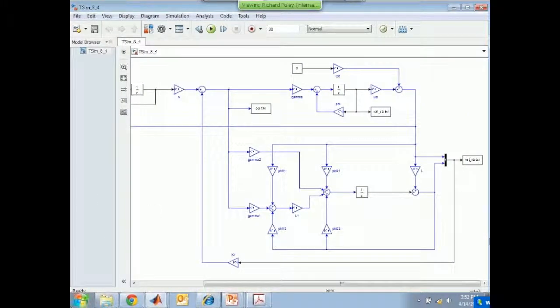Okay, here's the estimator part of it. It's the part we've designed. And you can see that the output of this is a scalar quantity, so that's going to stay as a thin line. And when we take the estimated states back into the workspace, that'll be the first element in the state vector, and the other three elements will come from the estimator.